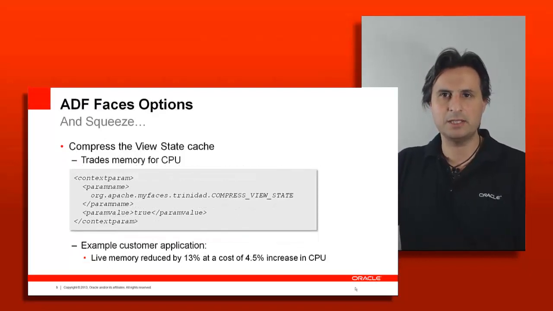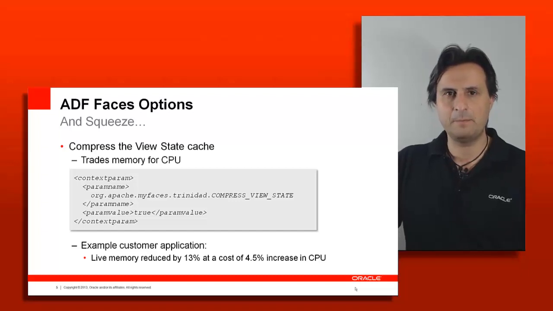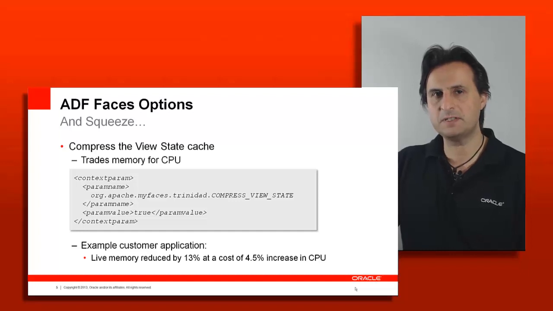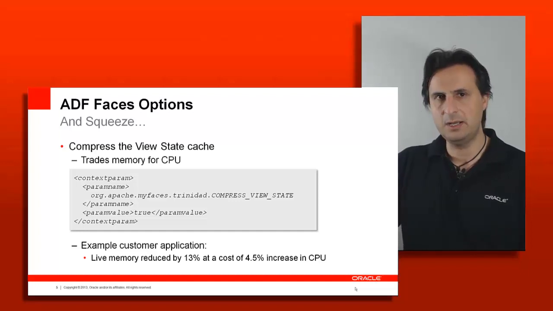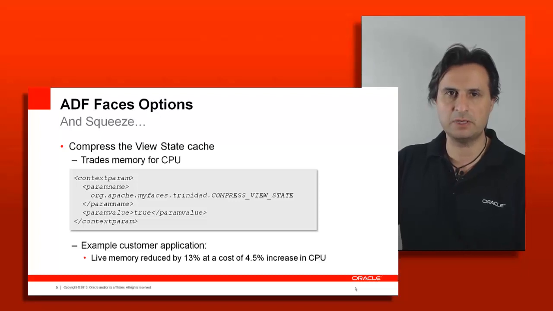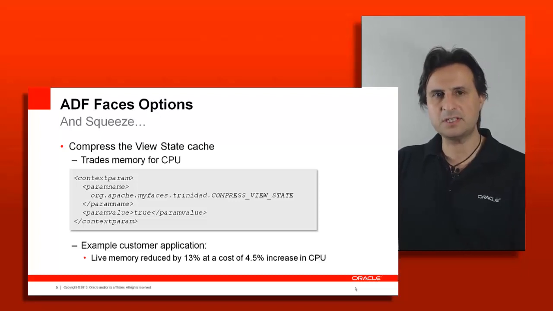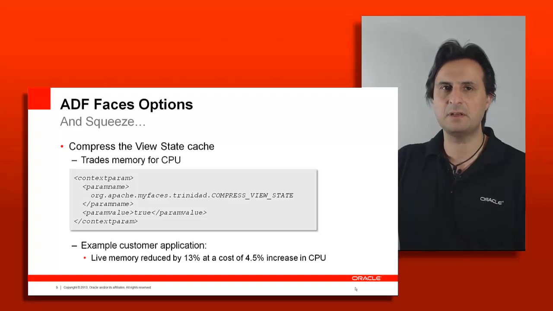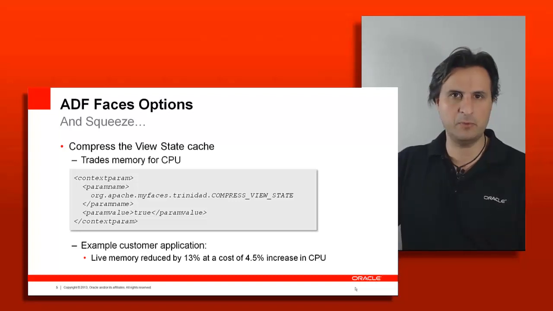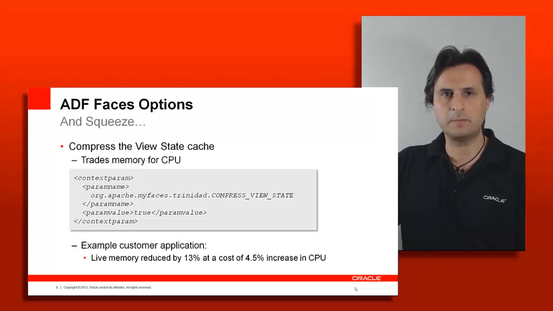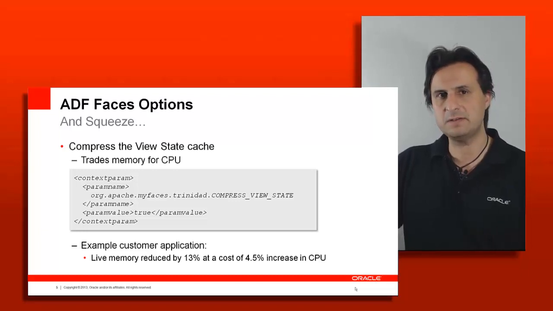Another thing to try is to set the compress view state. Now, what will happen is that by default we keep track of a specific view as you work within the application. As I mentioned, there are 16 snapshots that we typically look at. Now, this is by default saved in a non-compressed way, which means that we take memory. Now, if memory is a problem, then what you can do is you can compress the view state on the